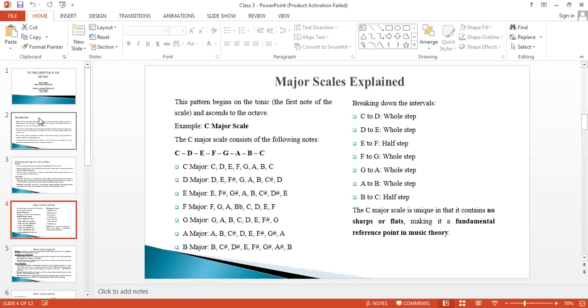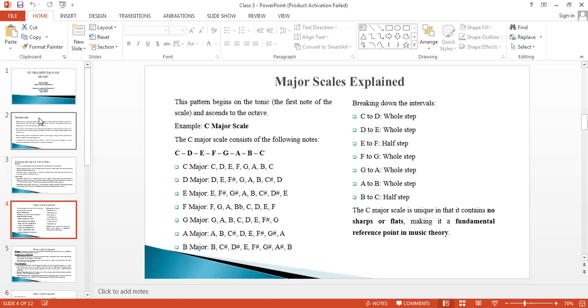You have your whole note, your whole note, your whole note. You have your half note before you go again to the start, which is the whole note. Same also for it going downward to B major. Bringing it, when you want to break it down now, you look at it, what we said is C to